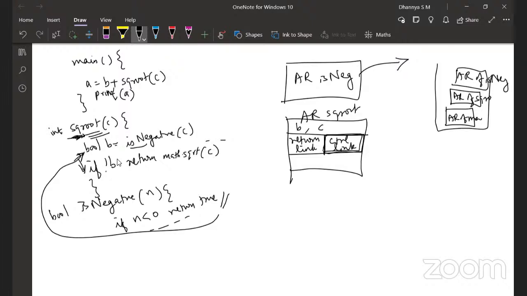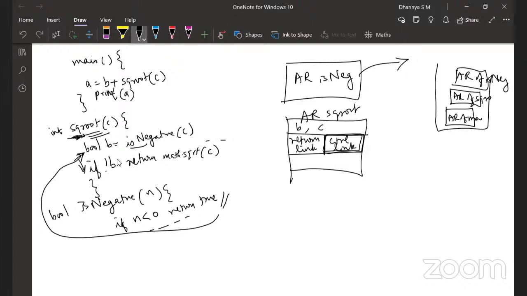Ma'am, one more thing. In the lecture, there was one thing explained. For example, we create a function, and in that function we create a variable a. And then in that function another function is used, which also has a variable called a. So for these two a variables, will we have separate activation records or the same one?